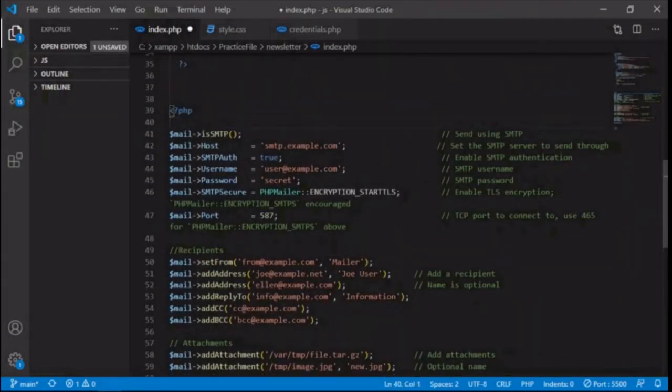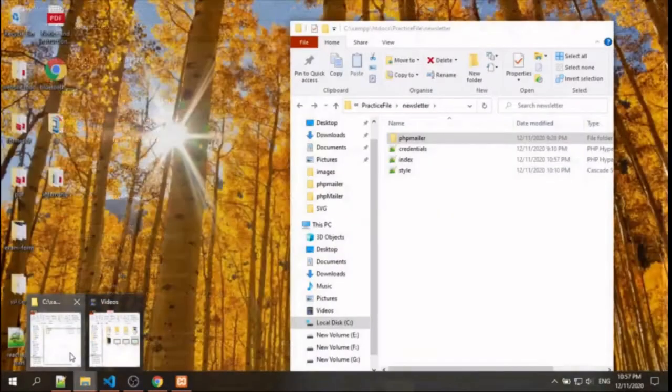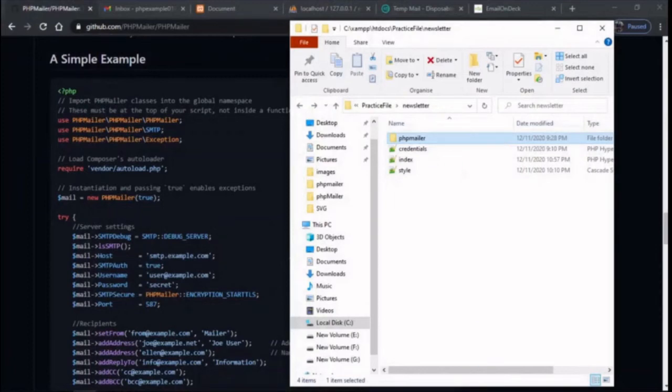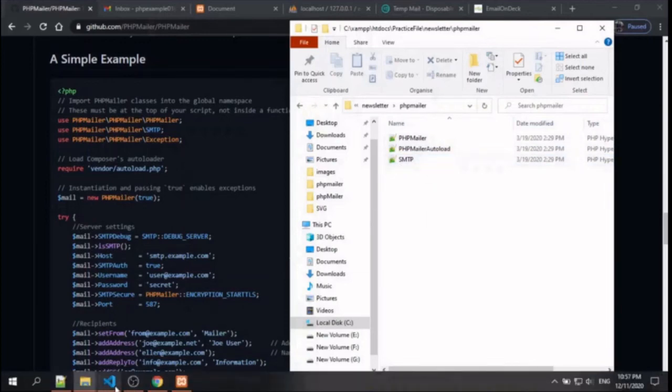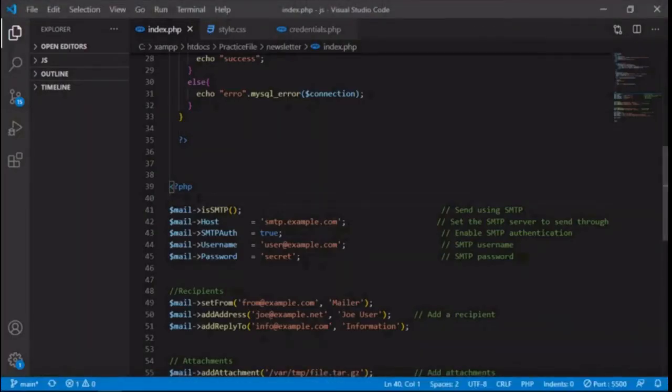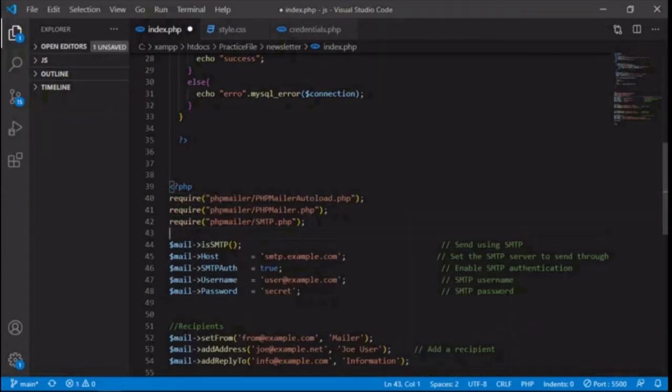Let's trim this unnecessary code. You need to include the PHP files we just added into our directory: PHPMailer, the PHPMailer autoload, and SMTP. So in PHP, we have this require. So we have successfully added these files into our code.